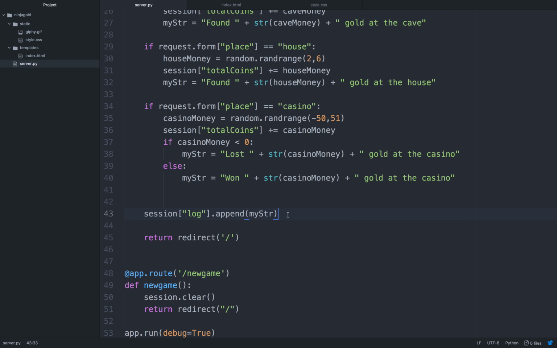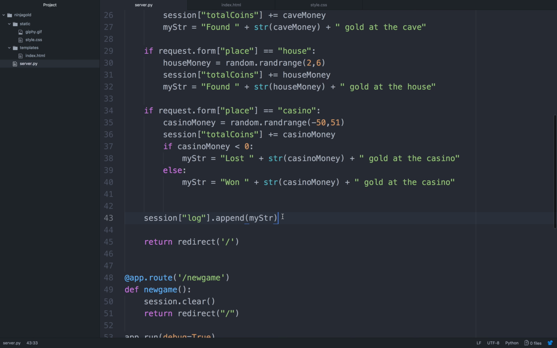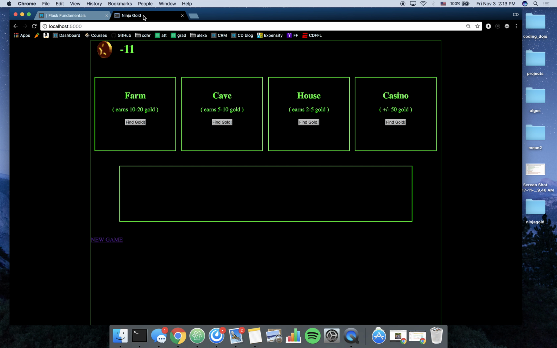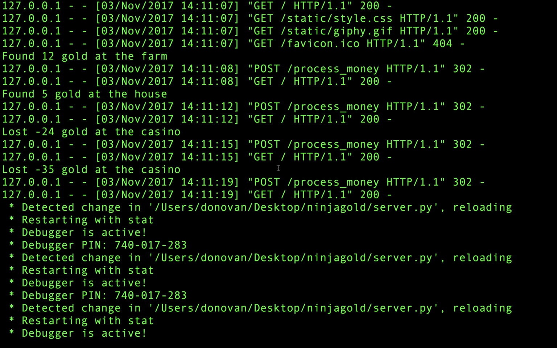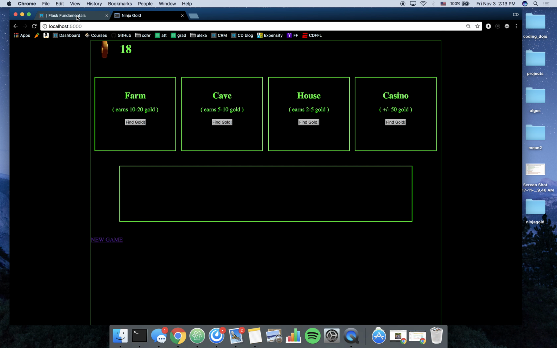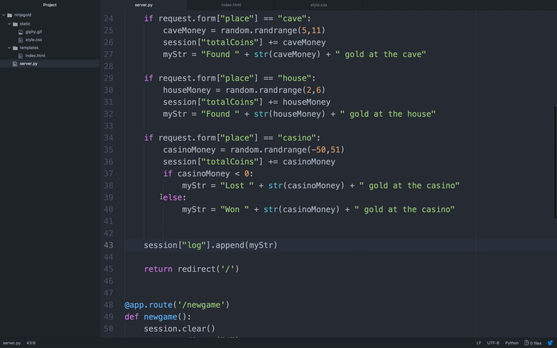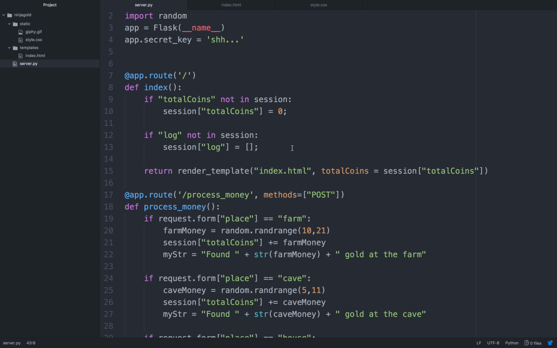I guess I can. Let's see if anything breaks. Whoa. Okay, cool. So as we push this into our session log, let us pass session log to our front end through our template